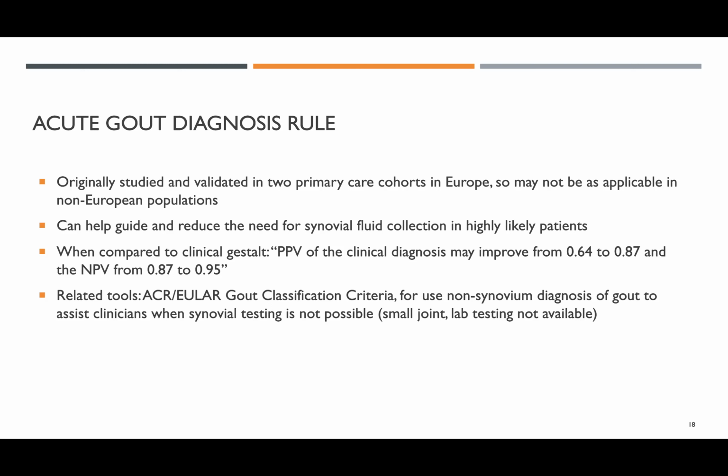It can help guide you if you're on the fence about, hey, I don't really feel strongly that this person needs a synovial fluid collection. And by study, its positive predictive value compared to just your instinct, your clinical gestalt, is better. Clinical gestalt has a positive predictive value of like 64%, whereas adding the rule can up that to like 87%. And negative predictive value goes up from 87% to like 95% when using the acute gout diagnosis rule. There's also a related tool called the ACR EULAR gout classification criteria, which is specifically made